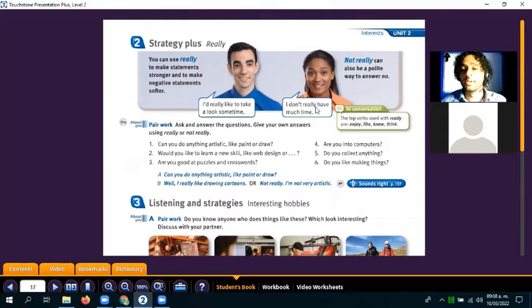So remember, whenever you are saying no, try to use really. Okay. So in conversation, it says here, the top verbs used with really are enjoy, like, and know. And think. I really think. Try to make a sentence, each one of you, using really and the verb enjoy, like, know, or think, either in the negative way or in the positive way. Try to make one sentence with each verb using really. You have 2 minutes to do this.